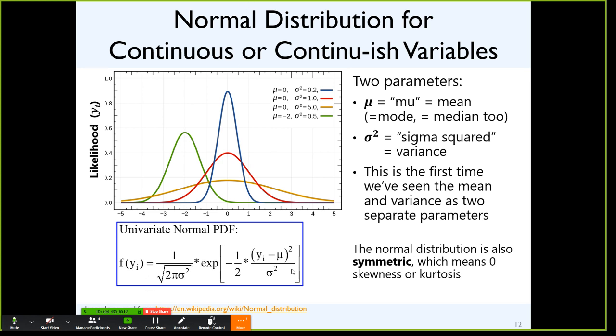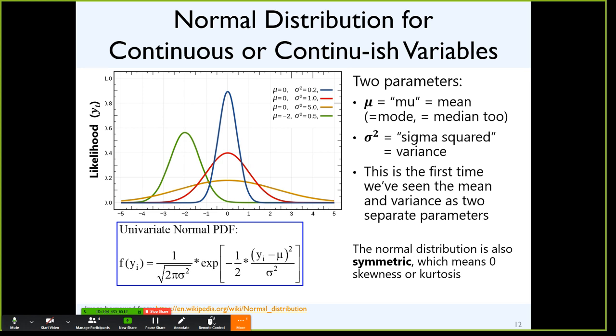This formula actually is one of the harder ones. Gun to my head, I could not recreate this, even though I do this for a living. So you can believe me when you don't have to memorize this stuff. It looks really familiar to me at this point, but I'm not sure that I could recreate it perfectly off the top of my head.